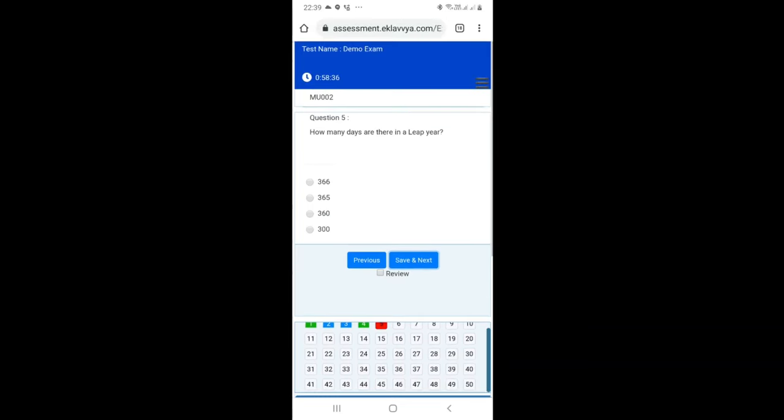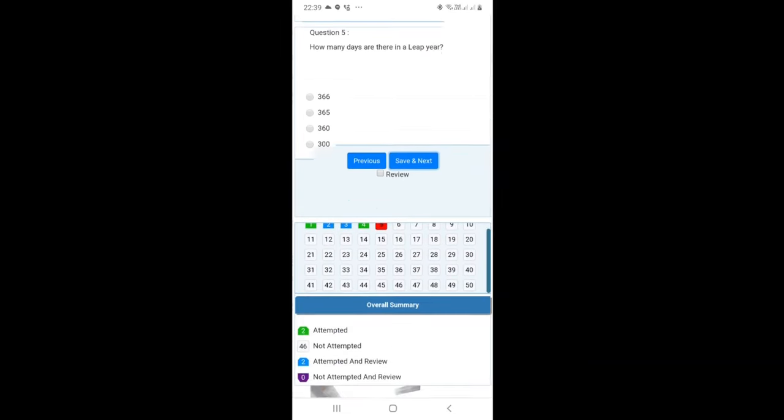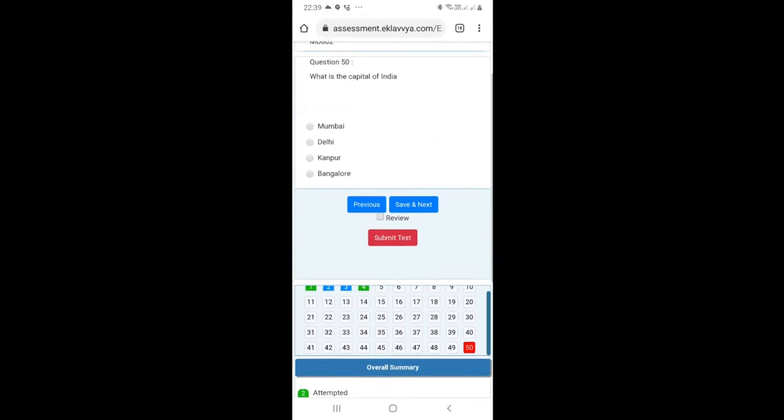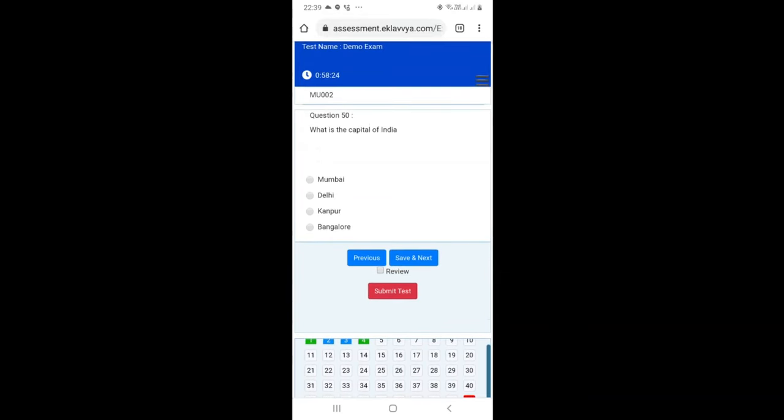At any given point of time, the system will record your images. So you need to ensure that while attempting the online exam, you are not speaking with someone or taking help of any external means. And you should also not open any kind of notifications while attempting your online exam on mobile phone. You need to ensure that all notifications like WhatsApp or Facebook notifications are disabled when you start your online exam process. When you reach the last question of the online exam, the submit test button will be shown.